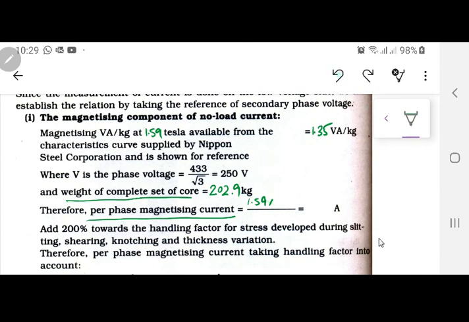1.5 से मल्टीप्लाई करना है, किससे मल्टीप्लाई करना है? 1.35 into 202.9. This is actually the numerator over here, and the denominator, what you are going to do, this is actually VA. ये आपके पास VA आ गया, and over here you are going to multiply it by 2 divided by 250, and in the denominator you are going to have also 3. ये 3 क्यों आया? 3 phases over there. ठीक है, because हमने पूरे weight of the core लिया है, core का एक limb नहीं लिया. जी give me the value.